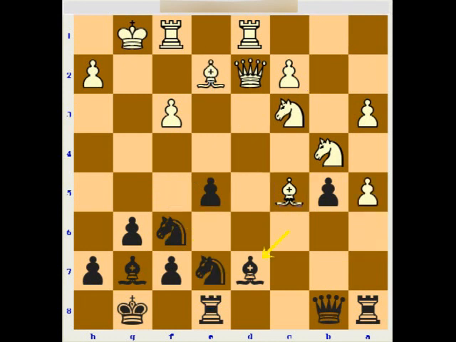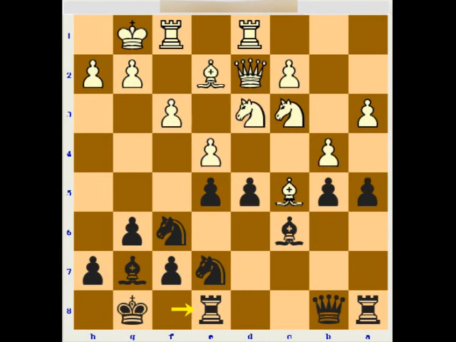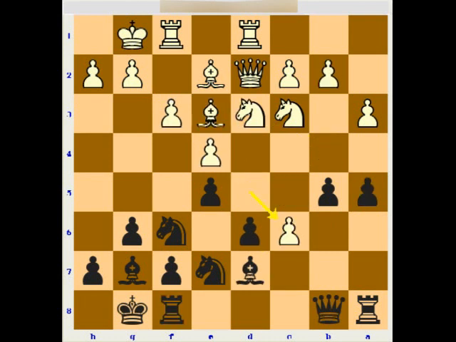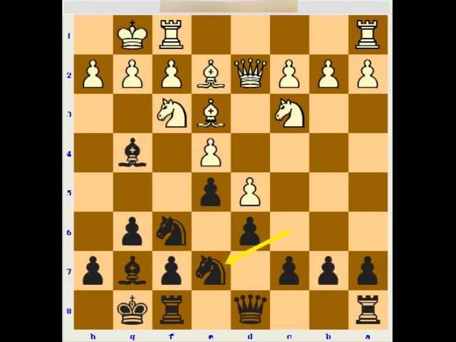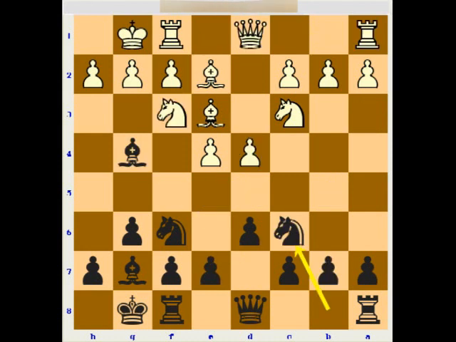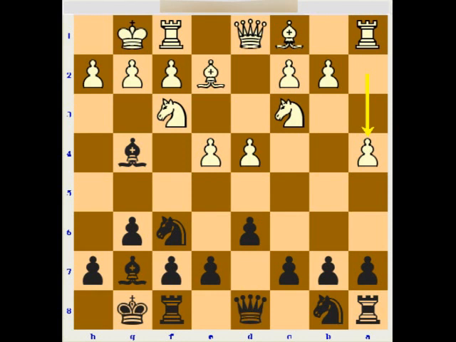So let us go back a little bit to the beginning, and I would like to show you one more way for white to play in this position. White can choose to play here also a4, with the idea of winning space there, and also